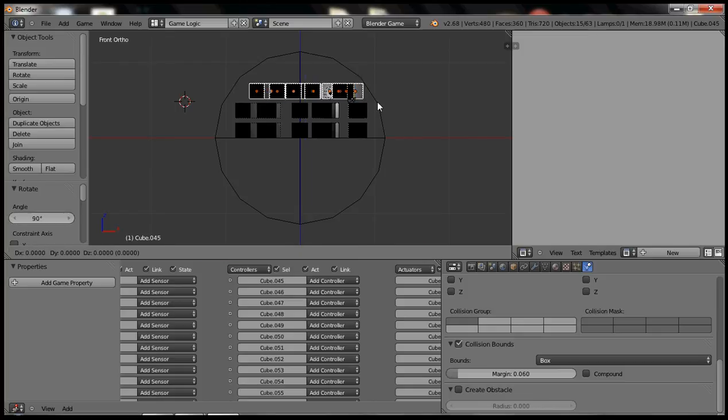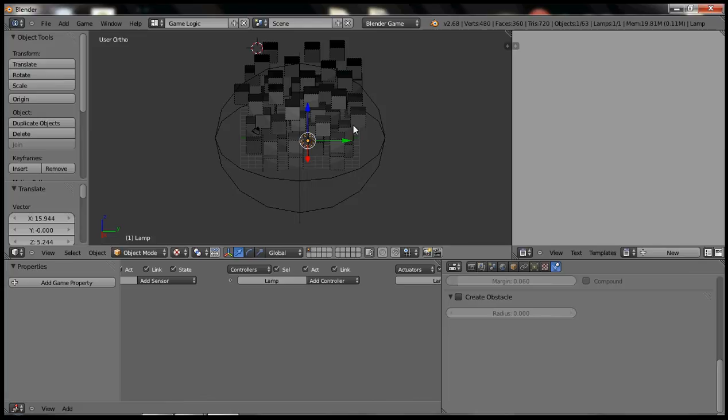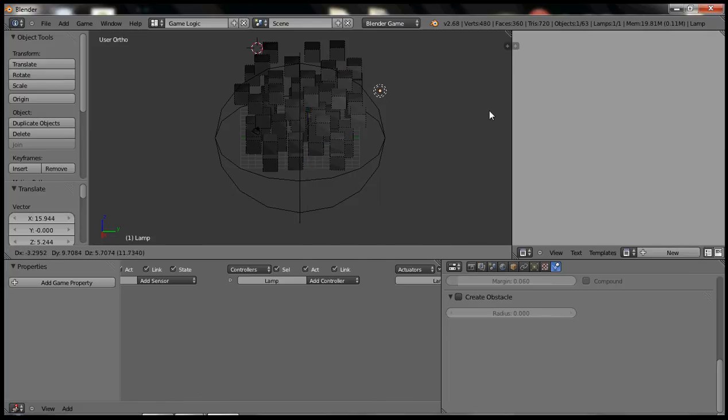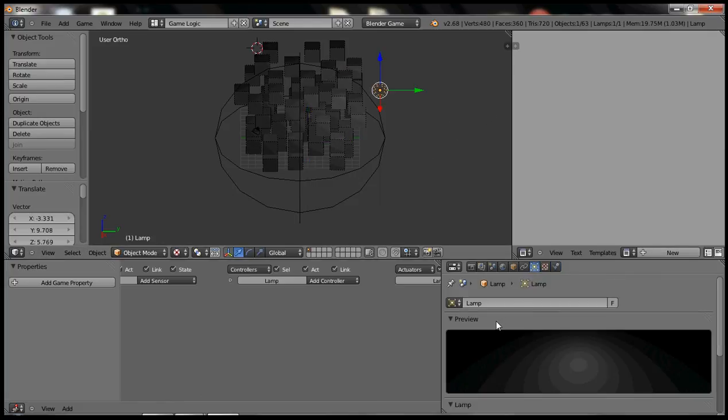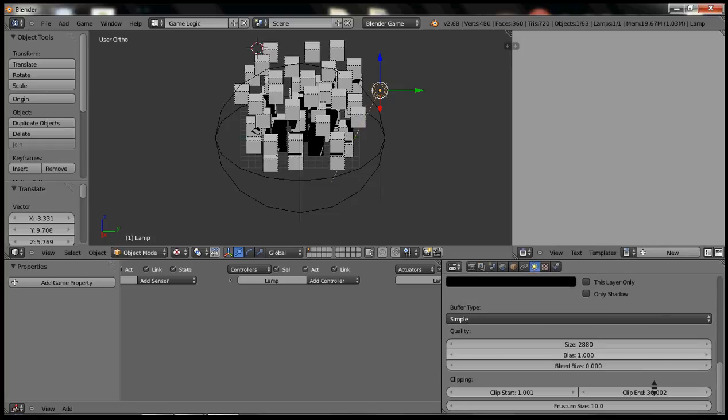We'll rotate them a little bit, give it some variety. And we probably want a better light source than this lamp. So let's go ahead and change it to a sun. And just because shadows are awesome,